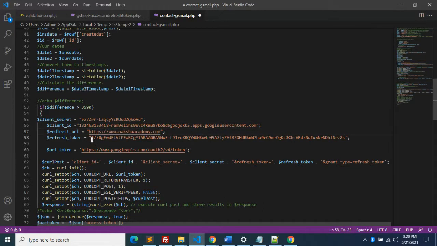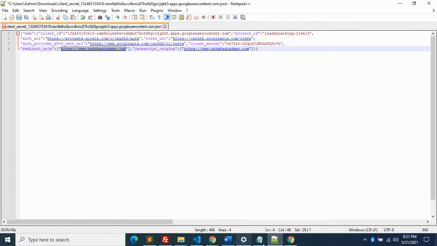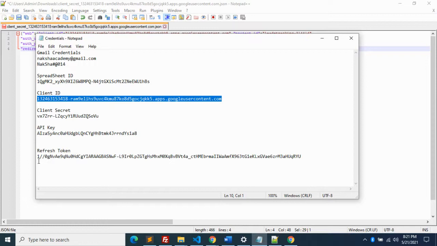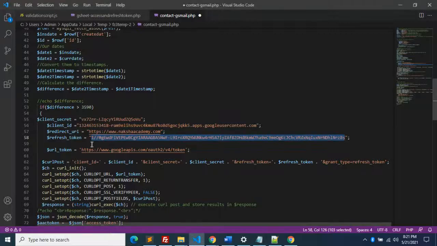And already we have a refresh token, I told, correct? Using this refresh token, we will be generating the access token every 1 hour.